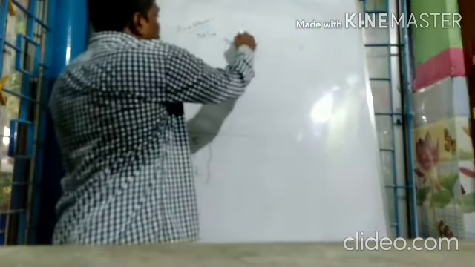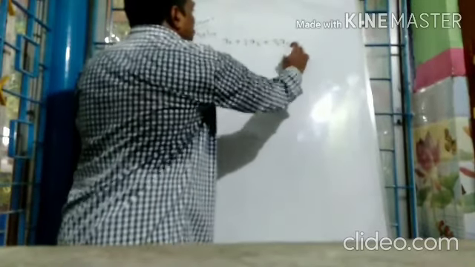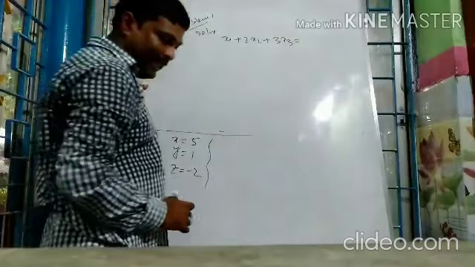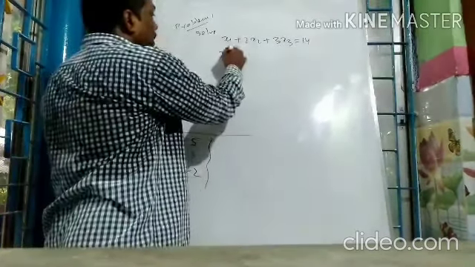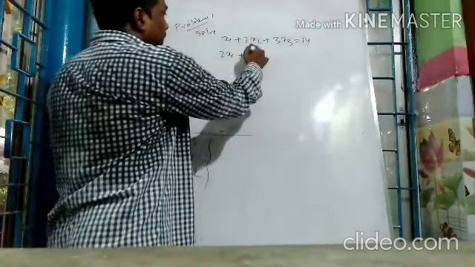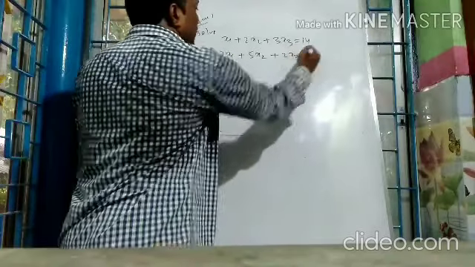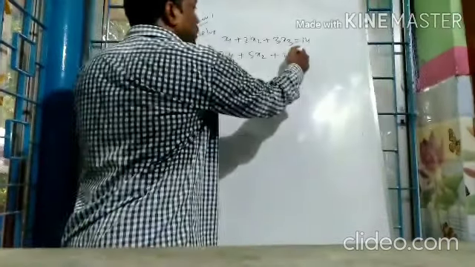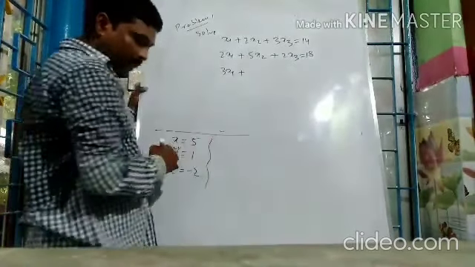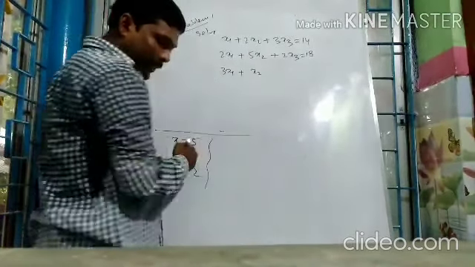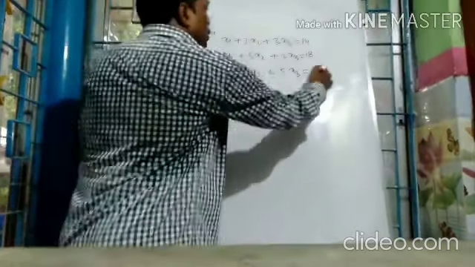x1 plus 2x2 plus 3x3 equals 14. 2x1 plus 5x2 plus 2x3 equals 18. 3x1 plus x2 plus 5x3 equals 20. So solve this system of equations